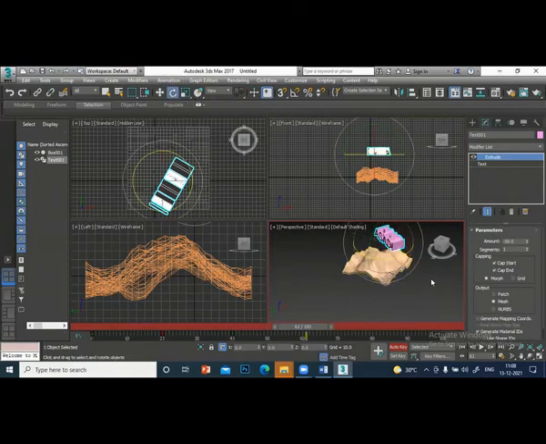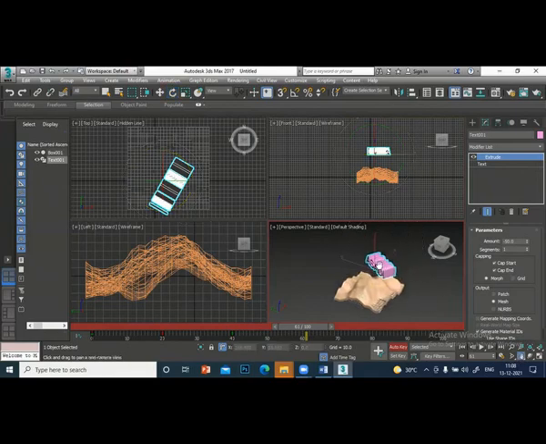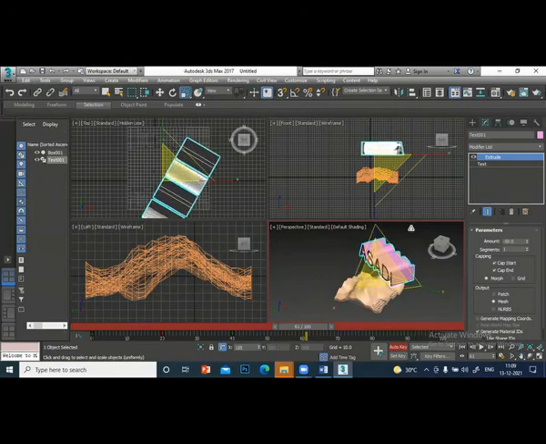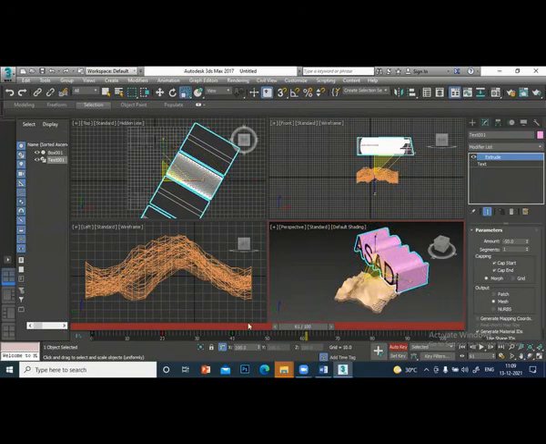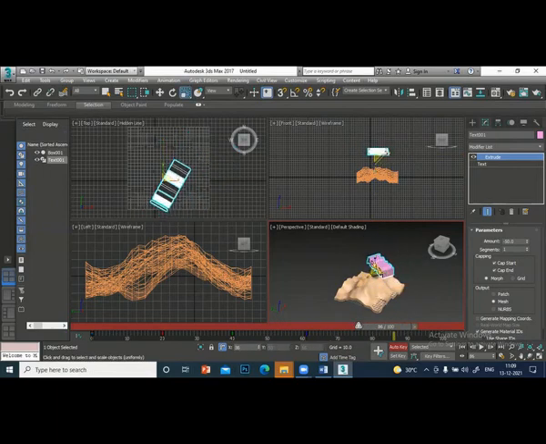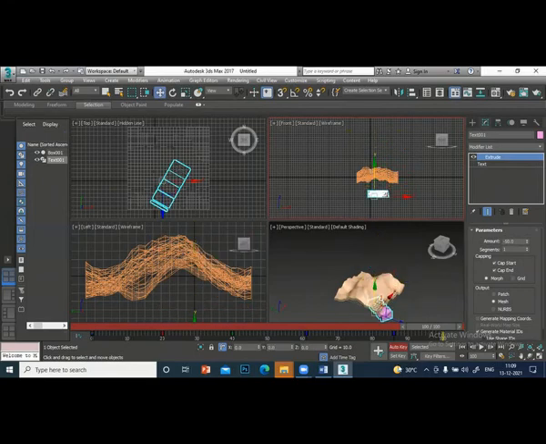Then I will move to 60, approximately I'm taking. I will scale this. Go back, scale down. I will take it down. I switch off the animation.